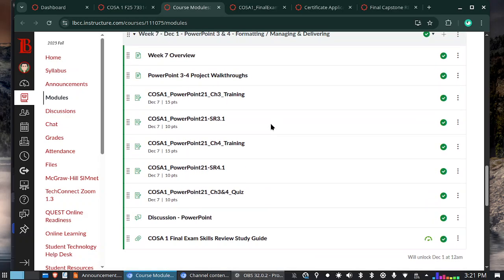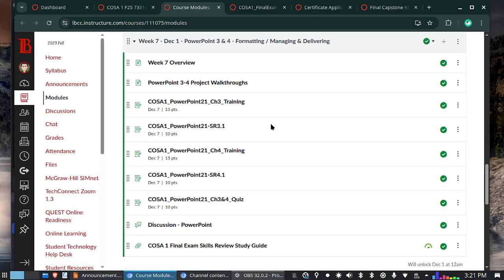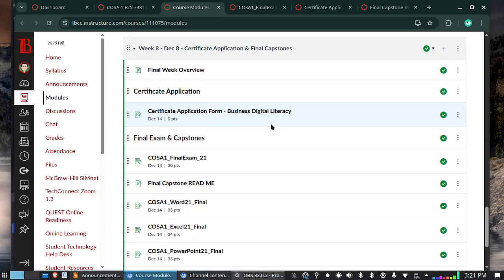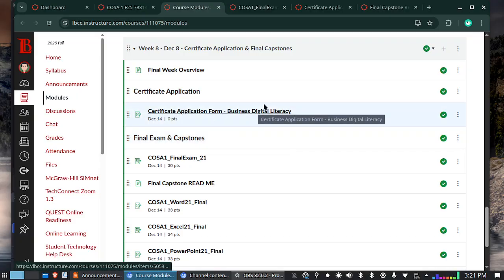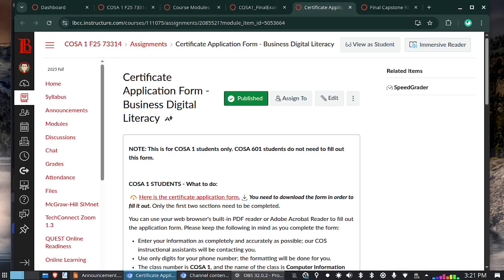If you manage to finish up PowerPoint next week, you can move on to week 8 if you don't want to wait for Monday, December 8th to roll around. And I want to start with the certificate application form. Now, if you pass COSA 1 with a C or better, you will earn a certificate of accomplishment from the college in business digital literacy.